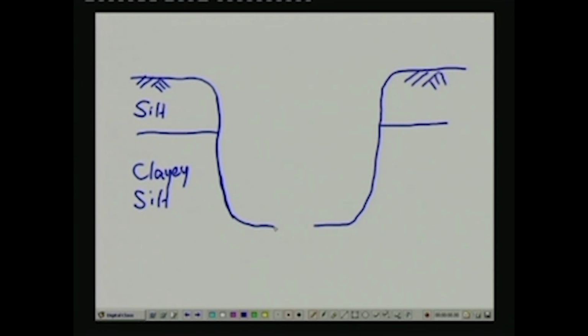So, here we are trying to get some undisturbed samples of the clay silt soil. For doing that, a column of soil is left within the test pit, and then this particular block is cut using a wire saw,